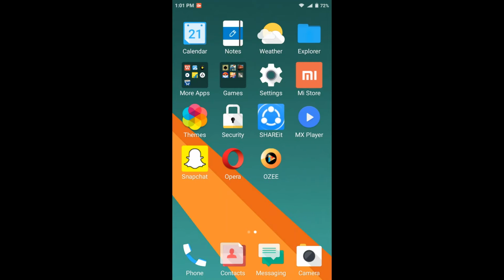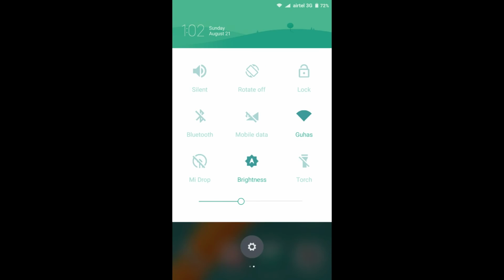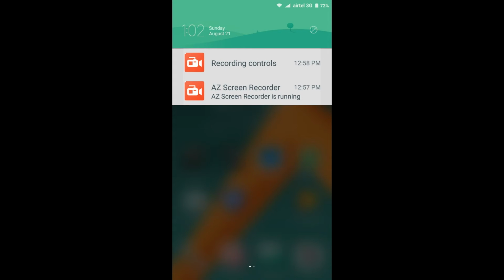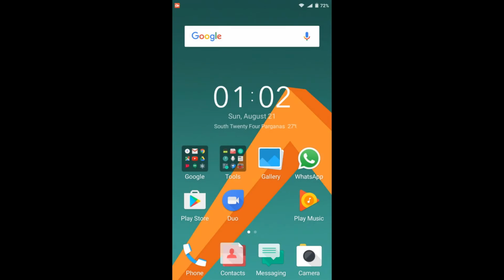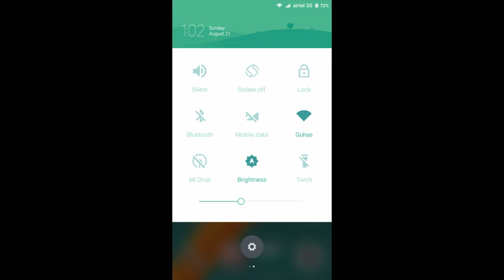So next up, the notification shade. Pulling down the notification shade for the first time will show you this, but from the second time when you pull down the notification shade, you will go to the quick settings. In the quick settings also many icons have changed, but not all. The vibrate, GPS and hotspot icons have not changed.